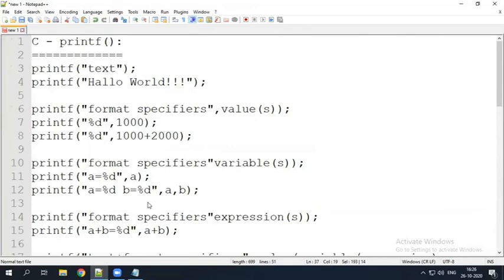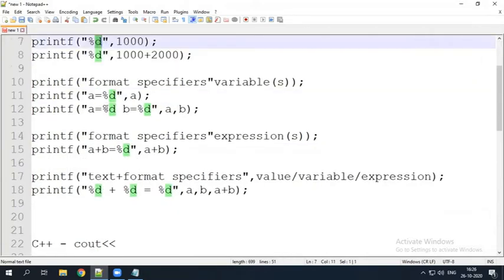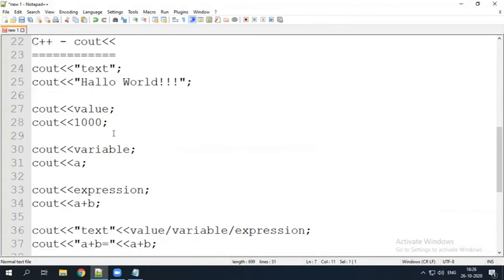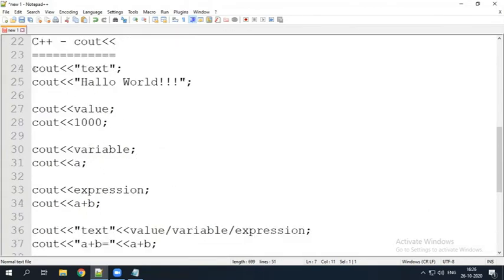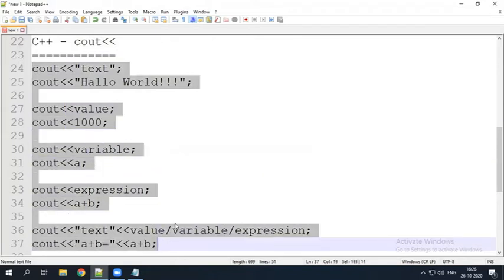In C, if you want to print values or variables, we must specify format specifiers: %d, %f, %i, %u, likewise. Here we need not specify any format specifier. That is a very convenient way to represent output, because C++ is the next version of C.